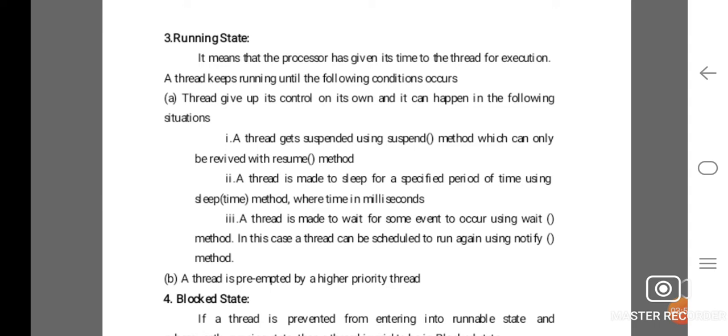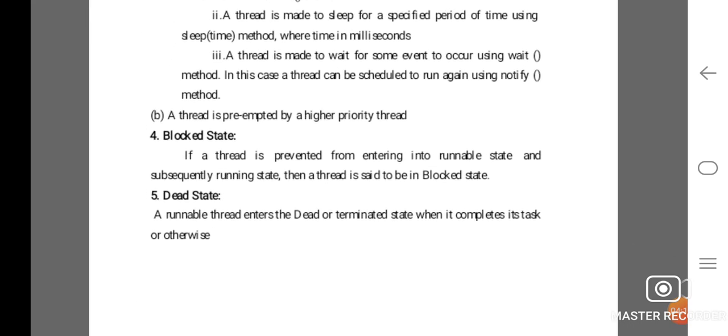Two, a thread is made to sleep for a specified period of time using the sleep method, where time is in milliseconds. Three, a thread is made to wait for some event to occur using the wait method. In this case, a thread can be scheduled to run again using the notify method.